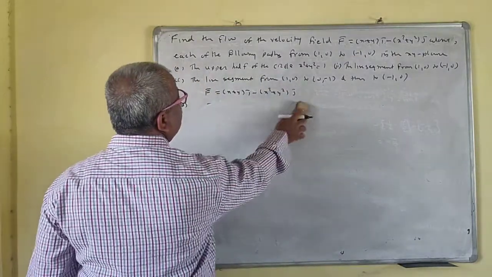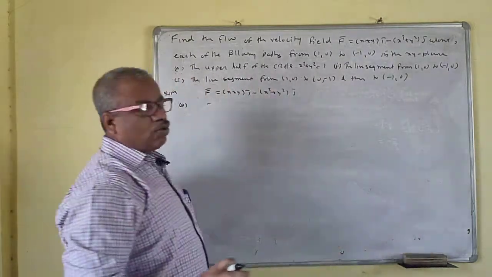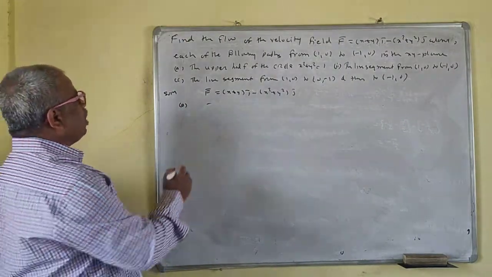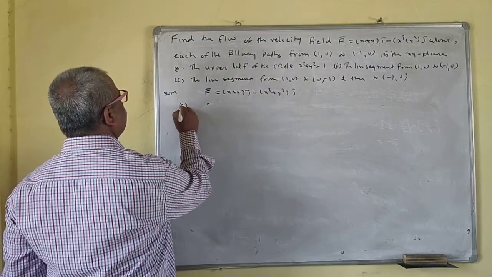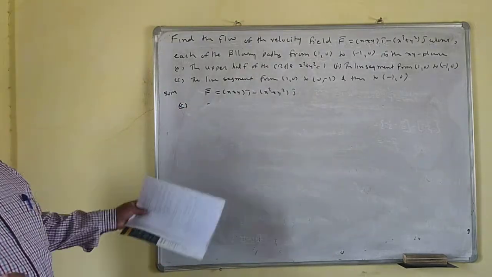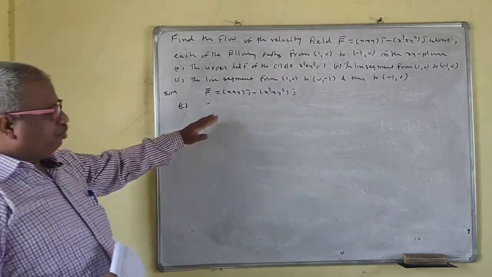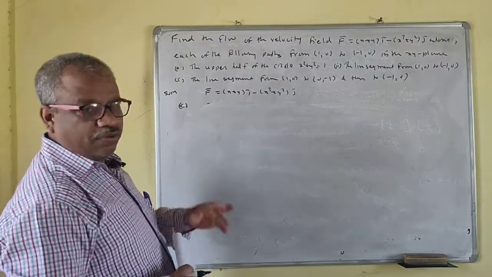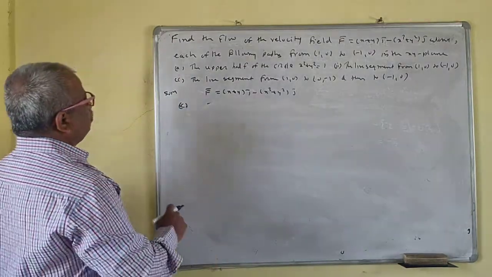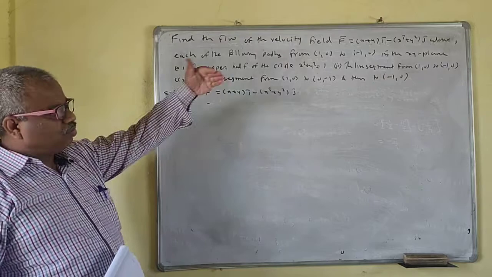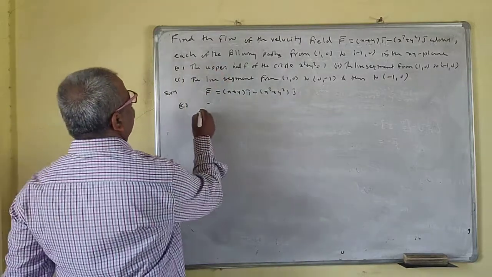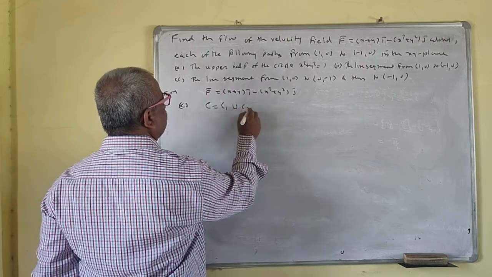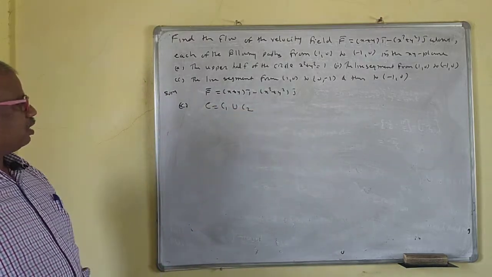The second is just a line segment from 1, 0 to minus 1, 0. So that you can do this. That is the exercise for you. I will directly do the C now. We'll solve C. In C, you get the solution of that also. So parallel solution you can do this. C is equal to C1 union C2.